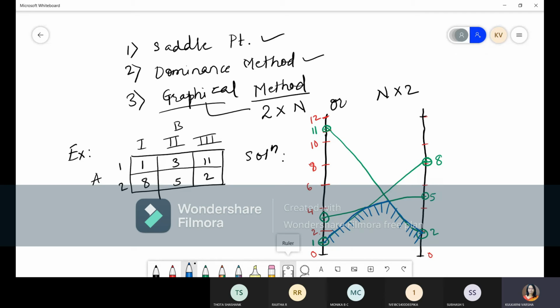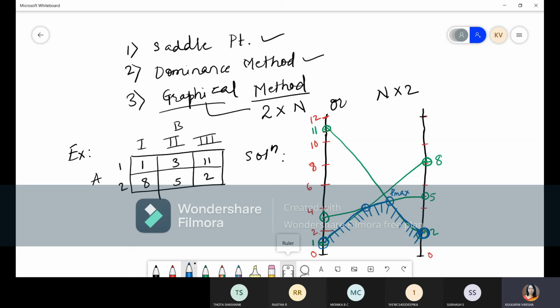Once you mark this lower half of the graph, you have to find the point which is at maximum level, right? There are 4 points. This is 1 point, then there is an intersection over here, another intersection over here, and an intersection over here. So there are these 4 points. Among these, we need to find the point which is at the highest level. This is the point at the highest level because the others are near to 0, this is also near to 0, but this is far from 0 compared to all these 4 blue color points, right? So this point we'll call P max, the point which is at the maximum level.